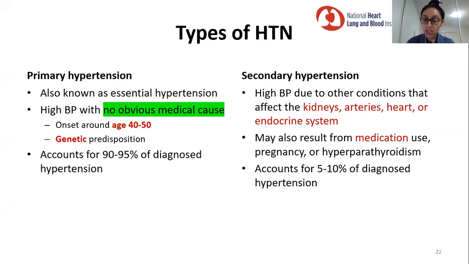Then yes, there are certain medications which have a side effect where you may have hypertension, or in hyperparathyroidism, you may also see indicators of hypertension. So basically, secondary medical conditions can cause hypertension, and this accounts for 5 to 10% of cases. Not all hypertensive cases have the same cause, like, oh, because you were eating so much salt in your life, you got hypertension.